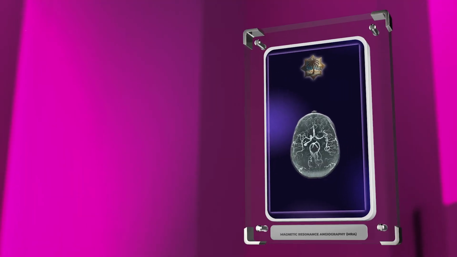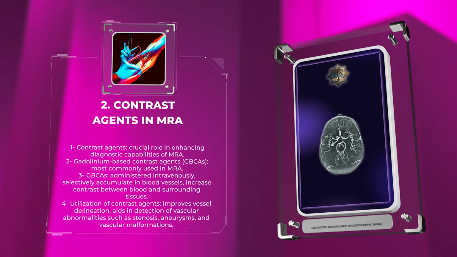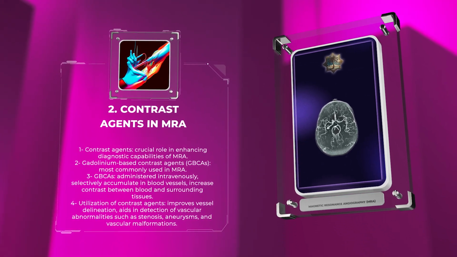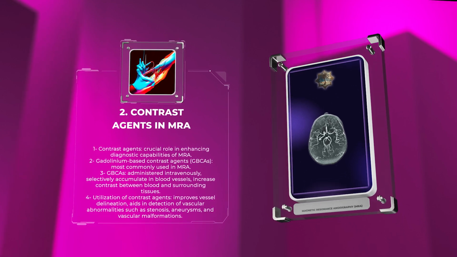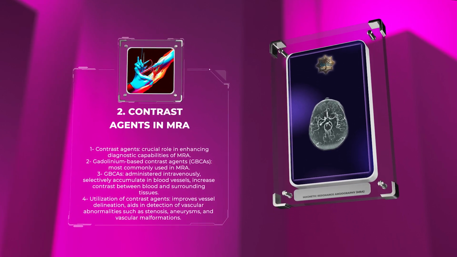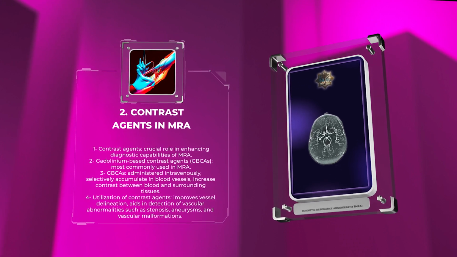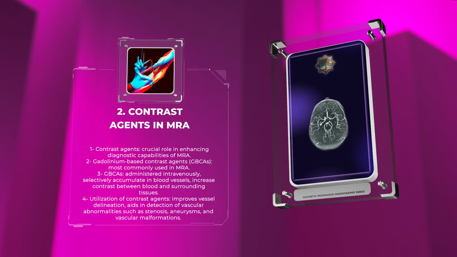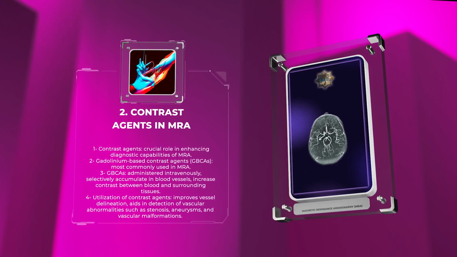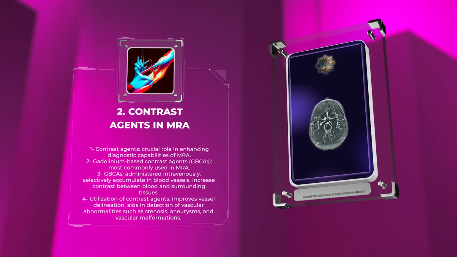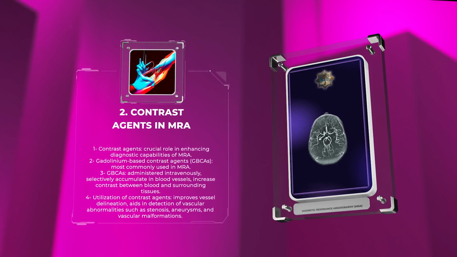Contrast agents play a crucial role in enhancing the diagnostic capabilities of MRA. Gadolinium-based contrast agents, GBCAs, are most commonly used in MRA procedures. These agents have paramagnetic properties, which alter the magnetic signal intensity and provide better visualization of the vessels. GBCAs are administered intravenously and selectively accumulate in the blood vessels, increasing the contrast between blood and surrounding tissues. The utilization of contrast agents improves vessel delineation and aids in the detection of vascular abnormalities such as stenosis, aneurysms,